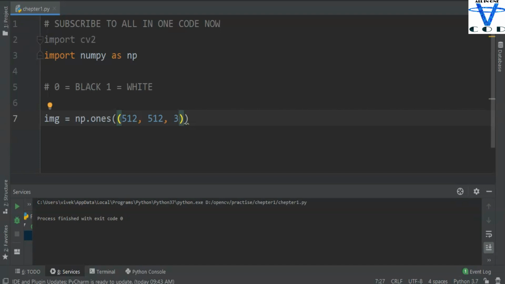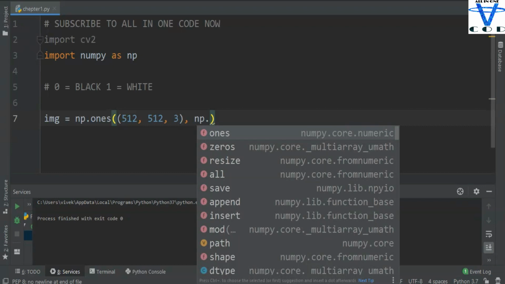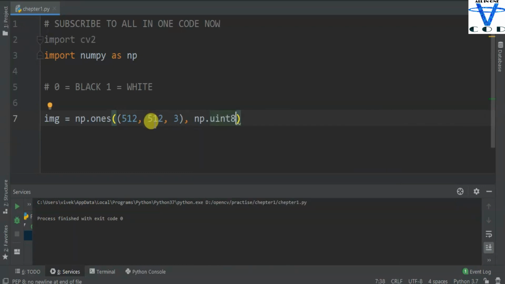and because I want the color image, I'm going to pass the channel equal to 3. If we didn't pass the 3, it is going to be a black and white image, but if I want the color image, I'm going to pass the 3 in here, BGR, blue, green and red, and then simply pass the np.uint8 data type. Now why np.uint8? Because the maximum value of uint8 is 255 and the maximum color value is 255.